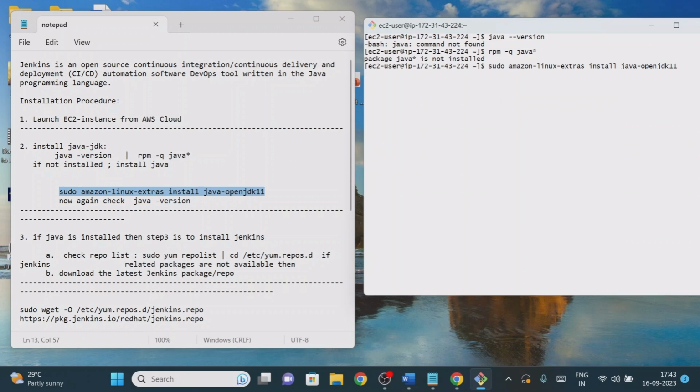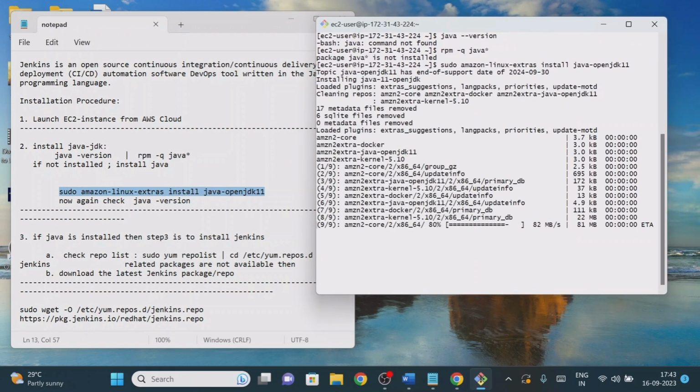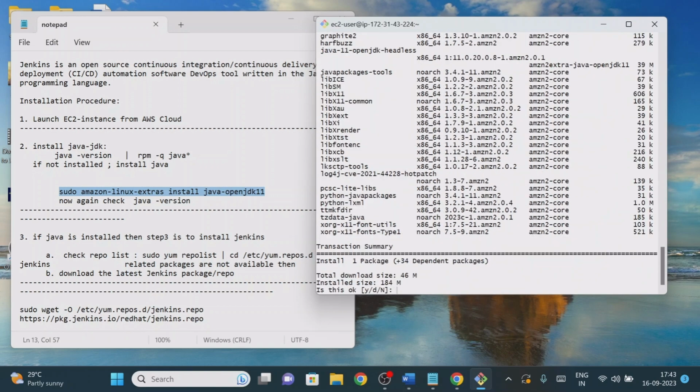Now see, this software is going to be installed. What is the meaning of sudo? Ultimately the main user is the root user, and the root user has all the authorities. But which user are we working with? We are working with the EC2 user, so we need to get permission from the super user, nothing but the root. For that we use the command sudo. Whatever the super user can do, we can do the same thing, running that command with super user power.